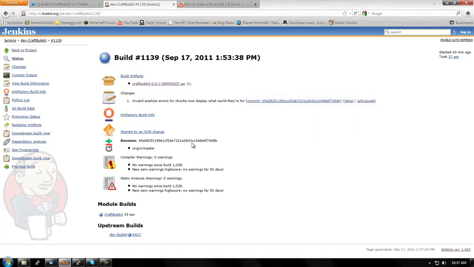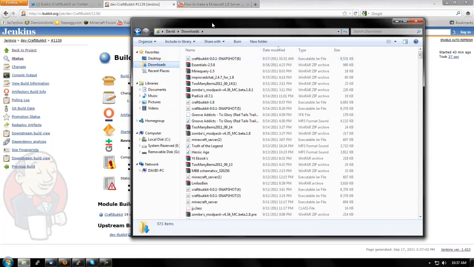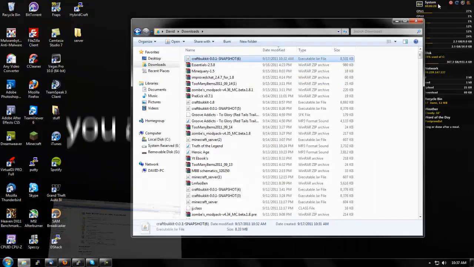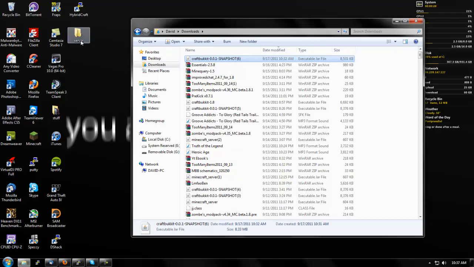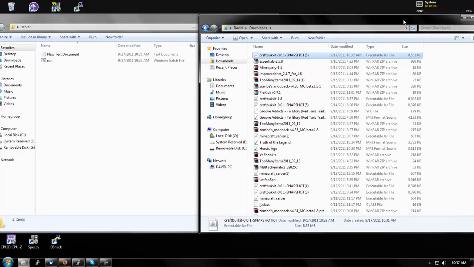I've already saved this, but this also brings up a very key thing that people have been having trouble with. If you take a look, if you already have a craftbukkit or a Minecraft_server jar, it's going to put a number next to it. You got to get rid of that number. For the Minecraft server jar, you just got to get rid of the number. But for Bukkit, the run.bat we just made is going to look for craftbukkit.jar. Right now, it's